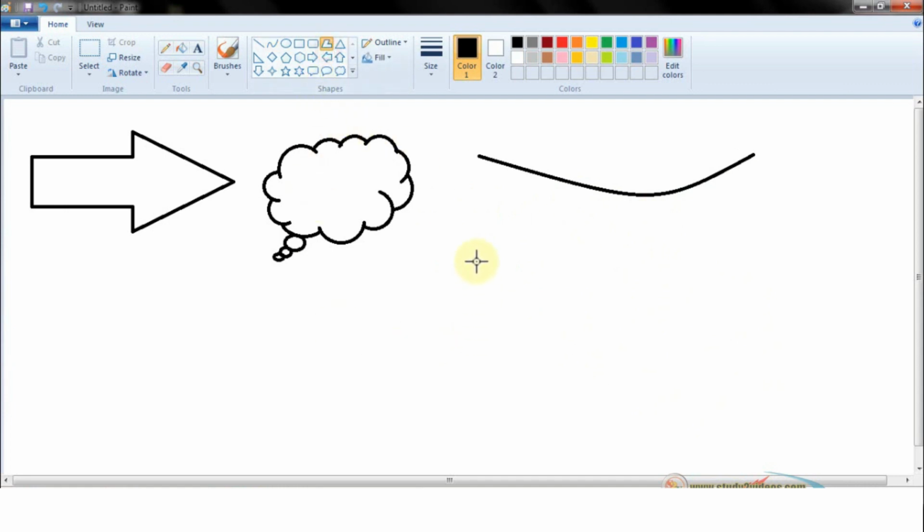Let's see about polygon. Polygon is used to bring multiple shapes. See, I am clicking and dragging. So I am able to leave that line. The mouse pointer can move wherever I want in the drawing area. Are you able to see, children, the difference between polygon and other shapes? Now I am able to leave the mouse pointer and I can move wherever I want in the drawing area.